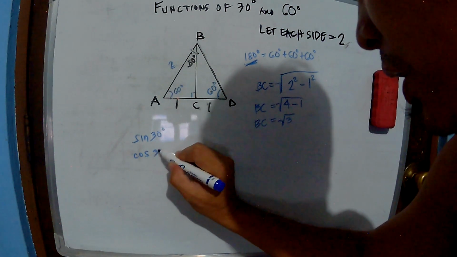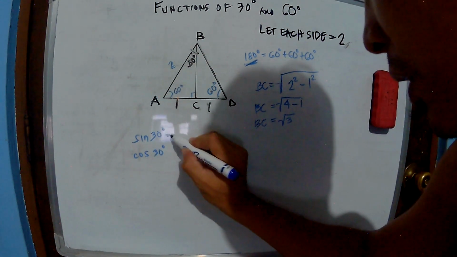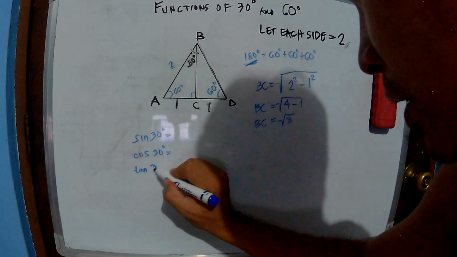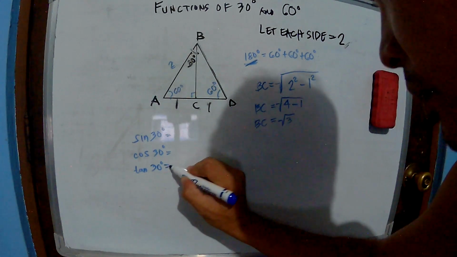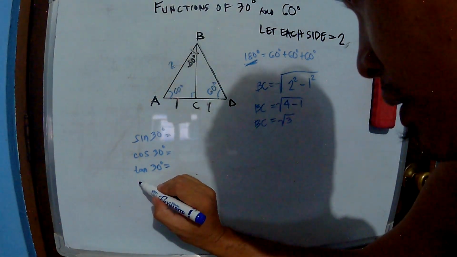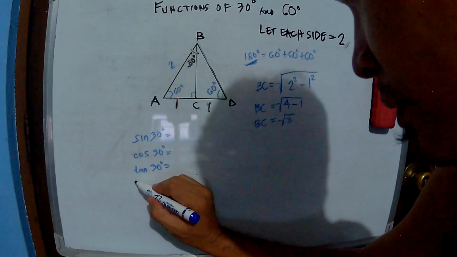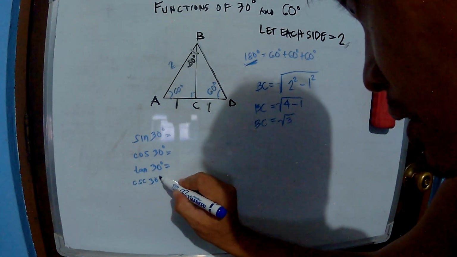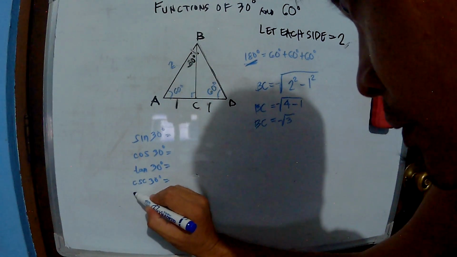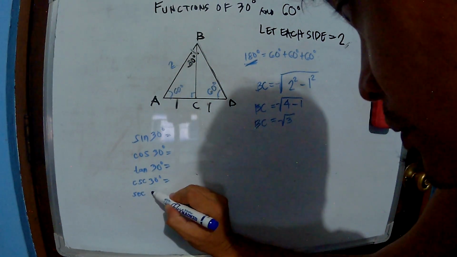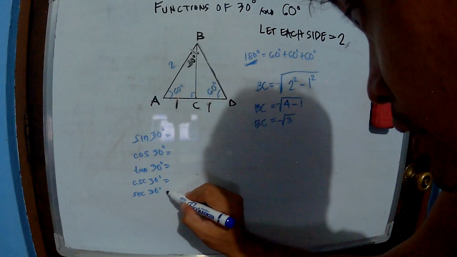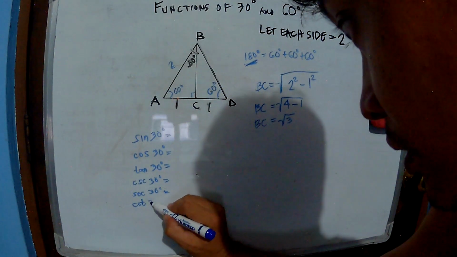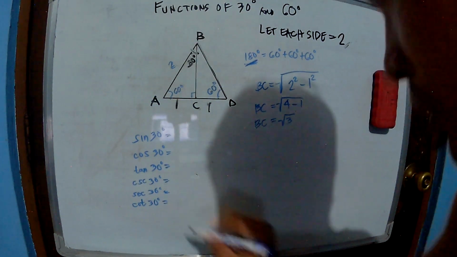Cosine of 30 degrees, tangent of 30 degrees, cosecant of 30 degrees, secant of 30 degrees, and cotangent of 30 degrees is equal to,